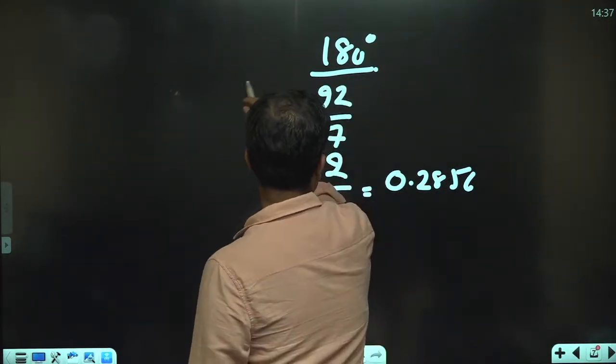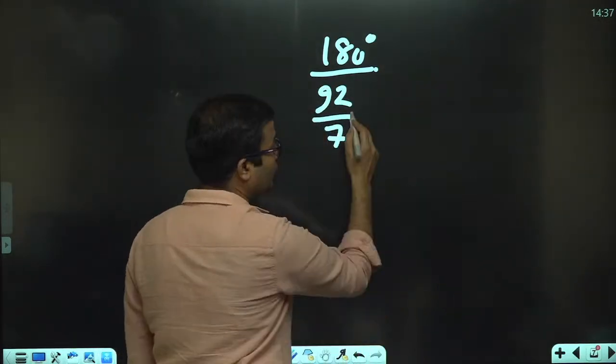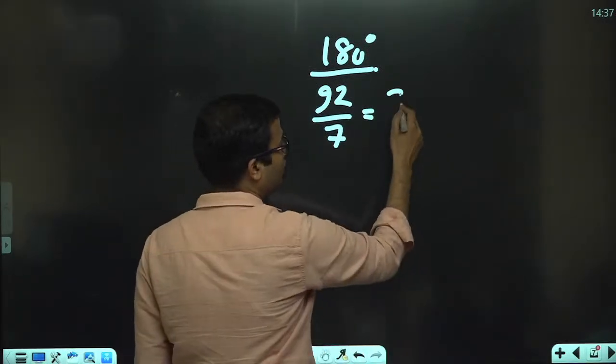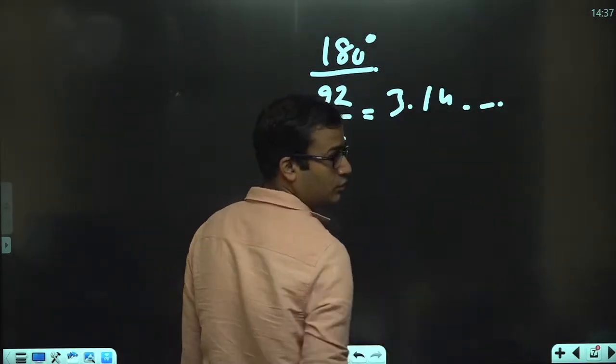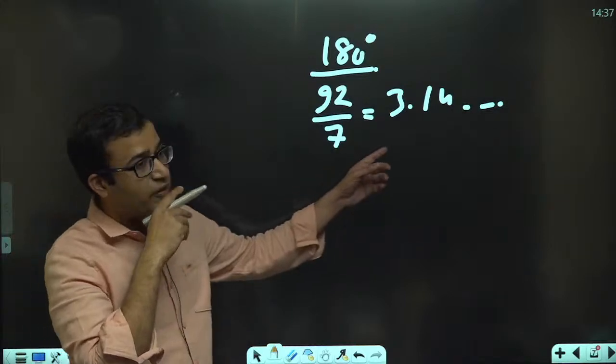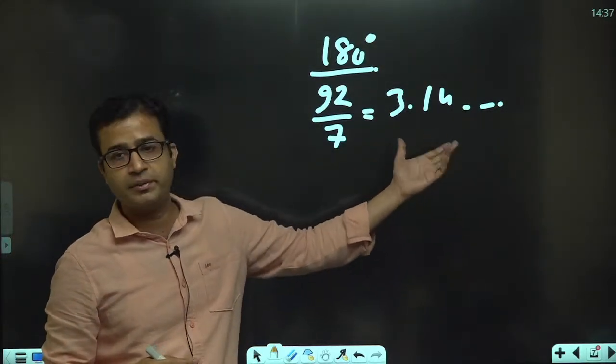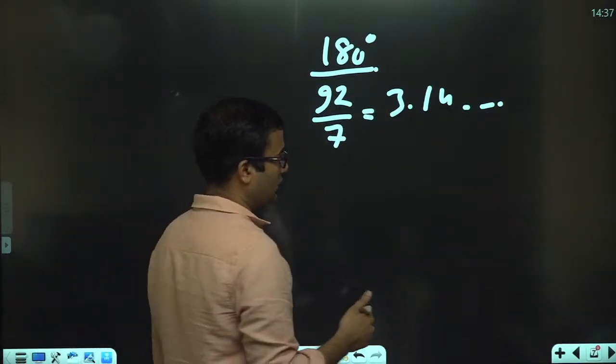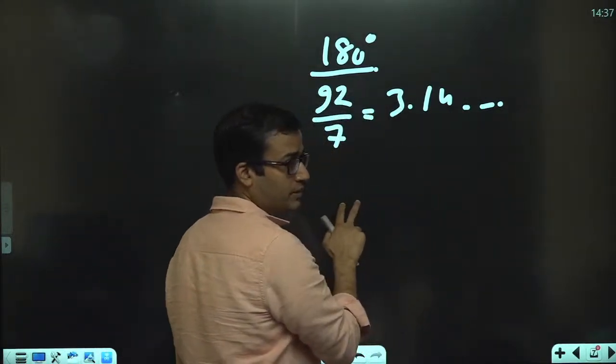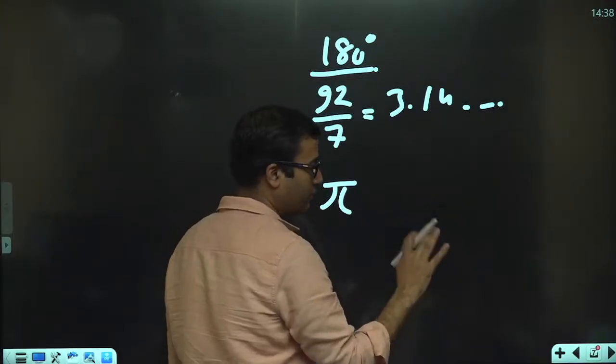So even 22 by 7, they already gave me a value 3.14 and so on. So you will find repetition. यहाँ पे repetition मिलेगा after some digit. मतलब there will be a repetition. If you check exact 22 by 7, but if you check pi, then there will not be repetition. चलो,